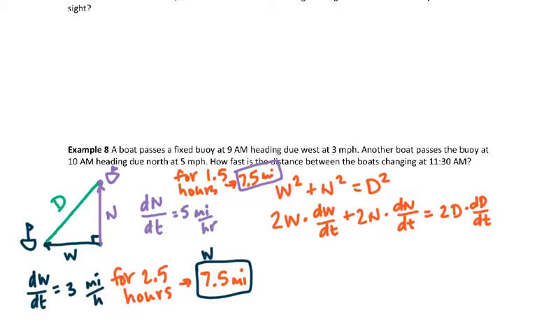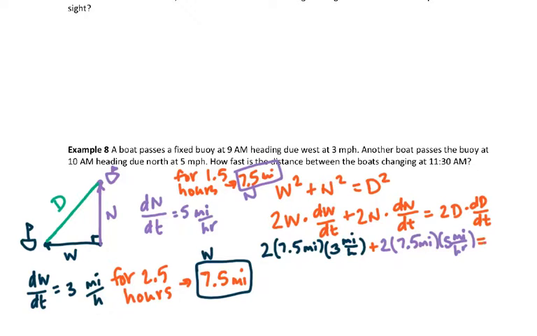And then the N length essentially is 7.5 as well. So when I come here, I'm going to have 2 times 7.5 miles times my dW/dt, which is 3 miles per hour, and then plus, for my north boat, 2 times 7.5 miles again, times its rate of 5 miles per hour,